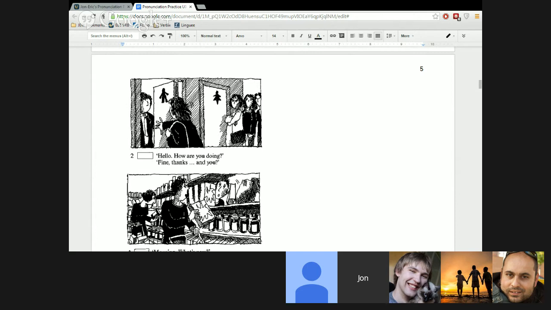We looked at weak forms, when we don't pronounce words or we don't pronounce vowels, meaning A, E, I, O, or U, in the course of a dialogue or when we're speaking to someone. So, Daniel said, picture number 2, they're probably not familiar. They just ran into each other, or maybe they're colleagues, maybe they know each other, but they're not friends. Let's listen to how it sounds. You won't be able to hear the audio, but I'll read it and say it back to you.